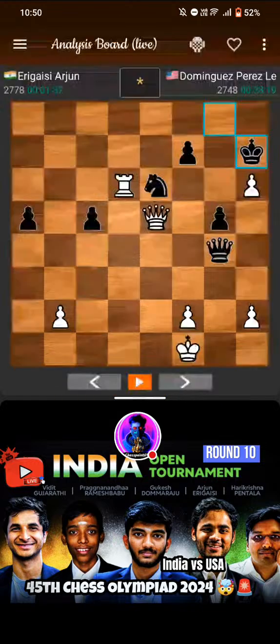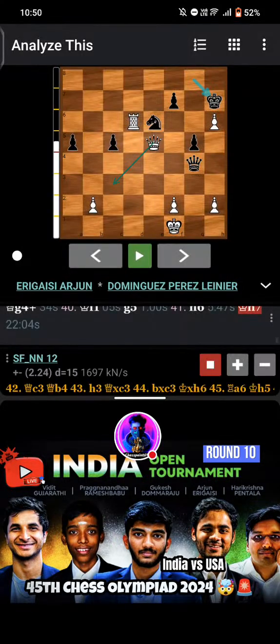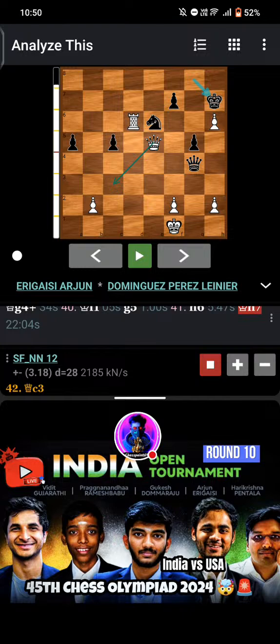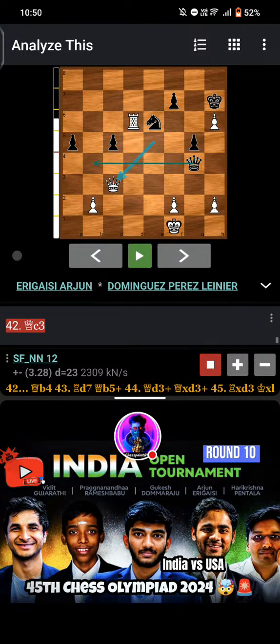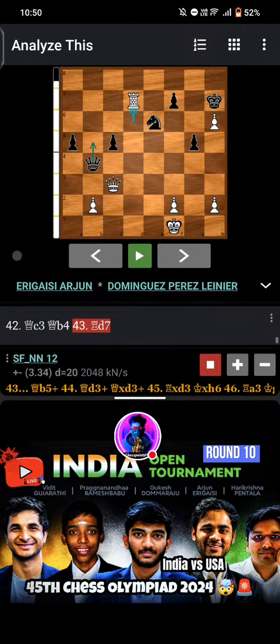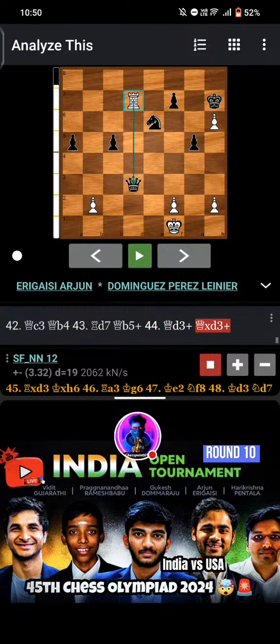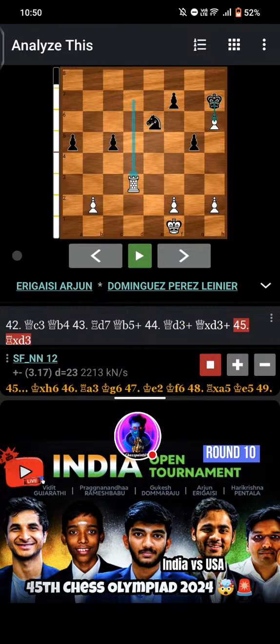But if you see, Arjun's game was also an impactful game, where Arjun started with an amazing opening, and in the middle game he surpasses Dominic Reyes. That's why he's currently in a winning position. He does not want to exchange now, but to finish this position with this move, and after this there are no chances of winning for black,